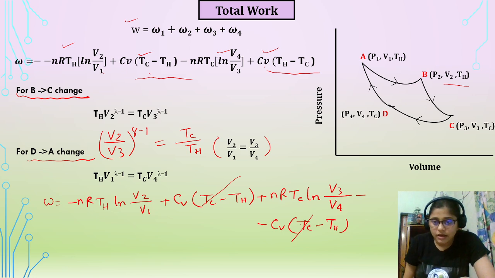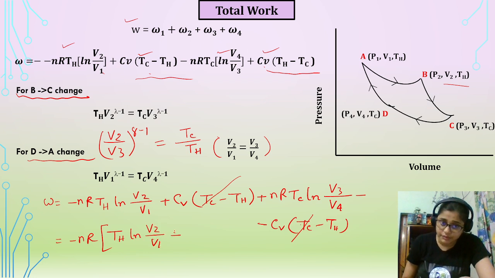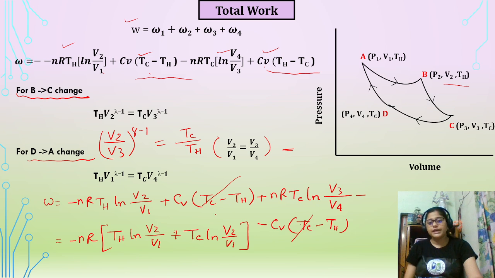And here V3 by V4 is now here, so we can write minus nR, if we take that common, TH ln V2 by V1, and here also it will be plus nR taken as common, TC ln, it will also be V2 by V1. After putting this value, now we can write